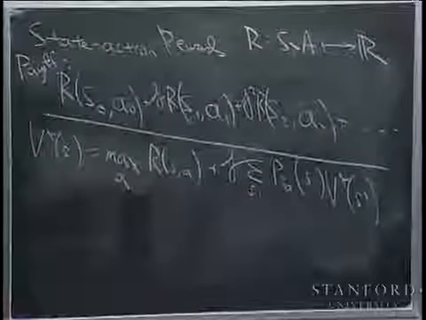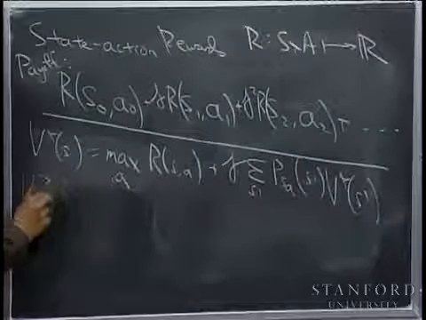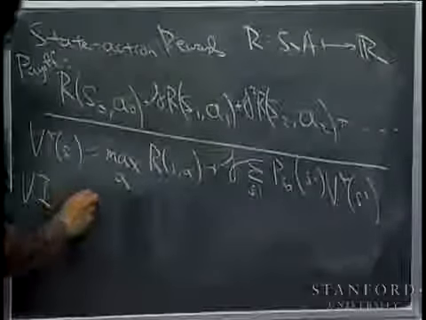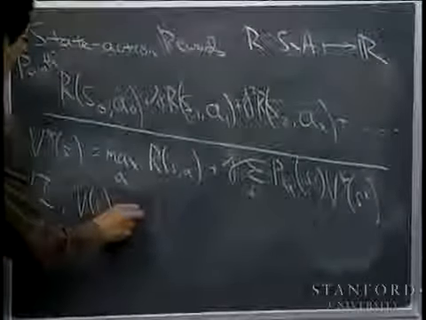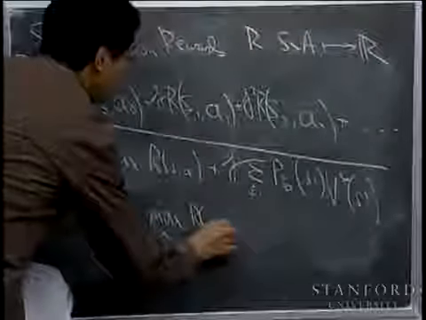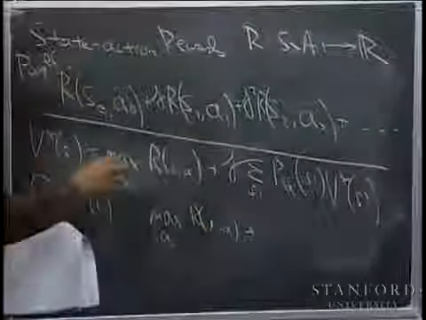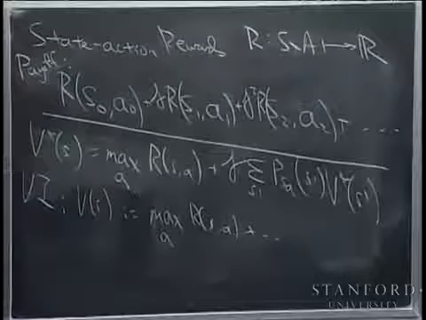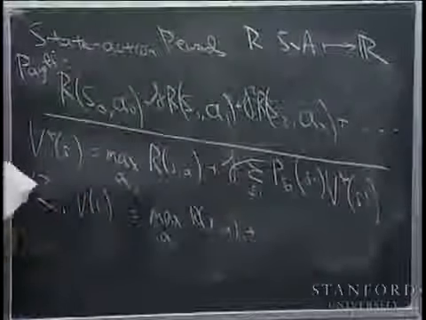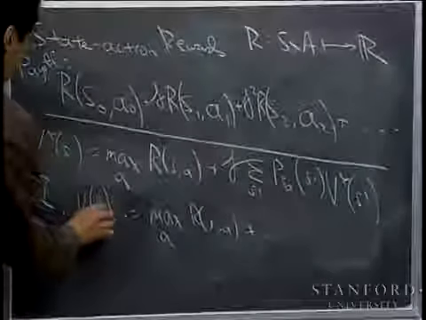Let's see, value iteration, which I'm abbreviating VI, is really the same algorithm. V of S gets updated as max over A of R(S, A) plus the rest, really the same thing. You just let the right-hand side of Bellman's equations be the update for V of S. Again, you get value iteration in exactly the same way.